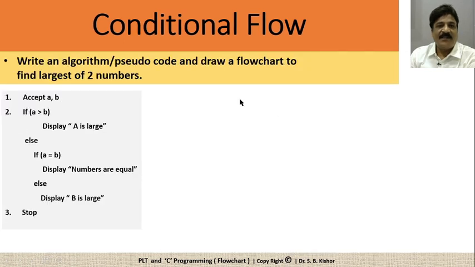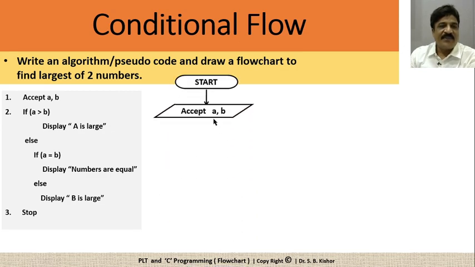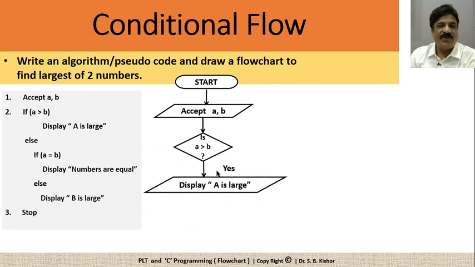Now take one more example to find the largest of two numbers again. Here we are assuming the two numbers may be the same. So let's see how to draw a flowchart for this corresponding algorithm. Start, then accept the two numbers. Now check whether A is greater than B. If it is so, A is large. Now observe that we have written the yes part on the downward side. So what I meant to show you here is that there are no specific rules and regulations about where you should write the true part and where you should write the false part. But of course, there will be only two branches. You can't have three branches for the decision symbol. Now, A is large, followed by what?